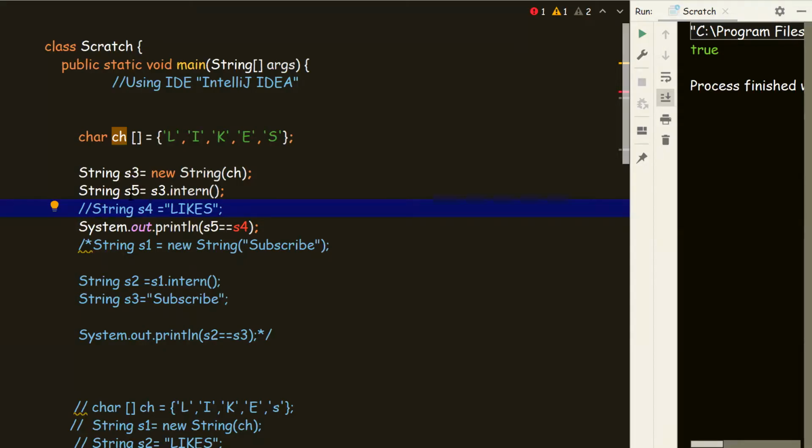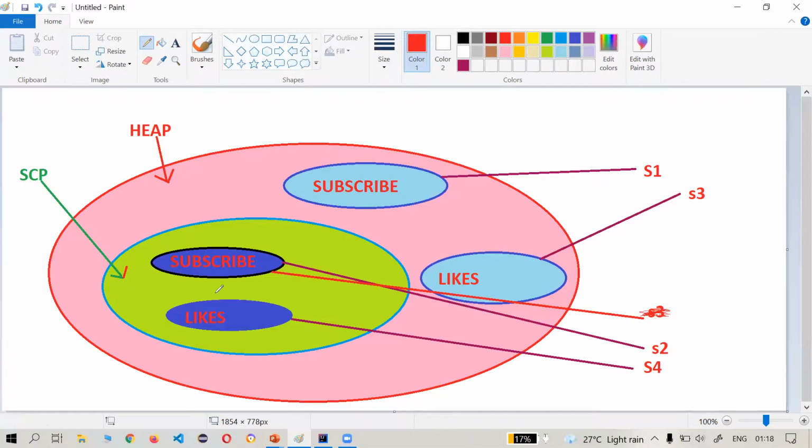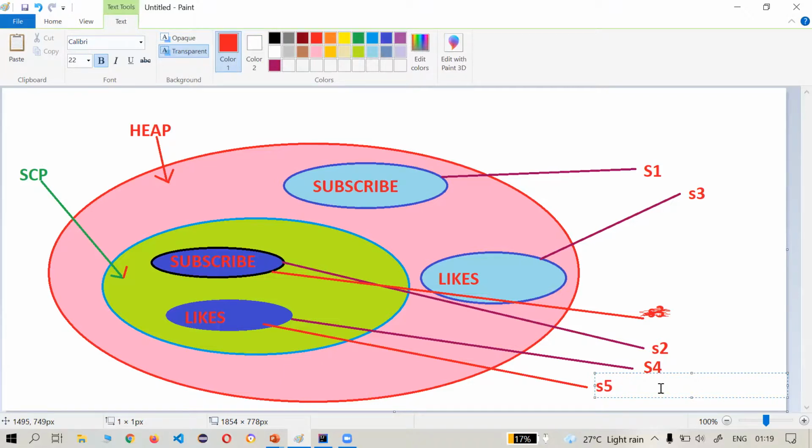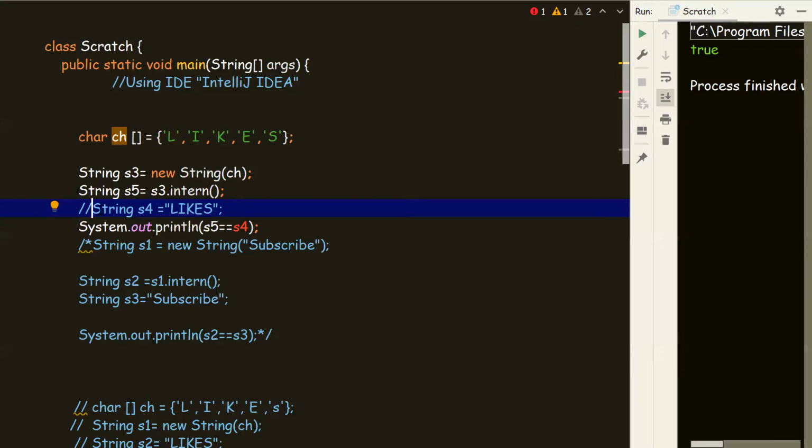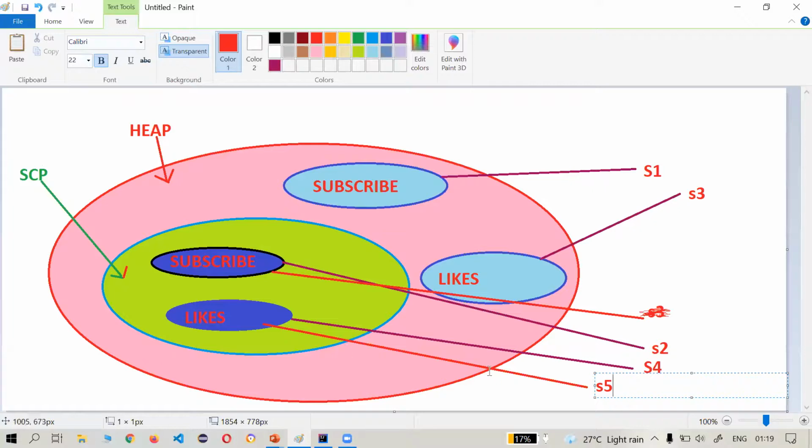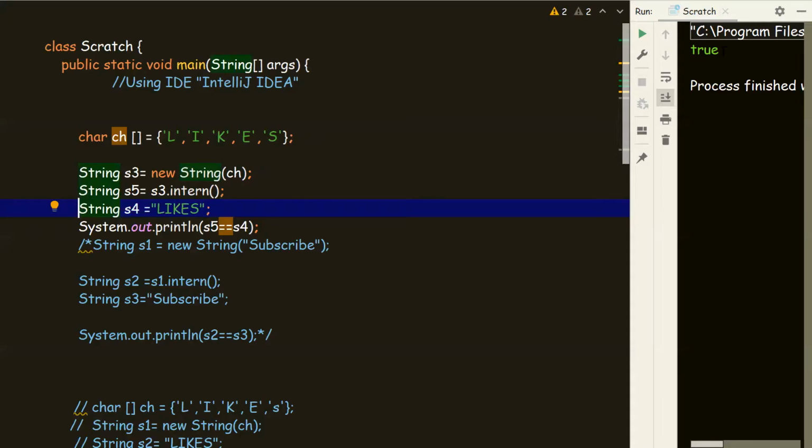So the exact copy of the object is created in the SCP area, and this would be s5. Just for checking purposes, we created string s4 equal to "likes", to check whether it is pointing to the same object or not. By running it, we know that it is true.